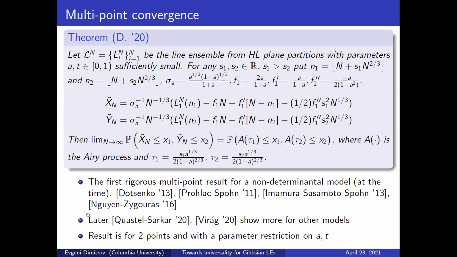Now, after the appearance of this result, there were two major developments. These are the papers by Caputo and Sarkar that establish a similar type of statement, but with arbitrarily many points for different models. So they work with the ASEP. And there's also the paper by Ball and Farag from last year that shows multi-point convergence for polymer models. So they work with different types of models, and also the techniques are completely different. They rely on somehow soft techniques, whereas here, this type of result is derived by studying exact formulas. So the methods are different, and also the models being considered are different.